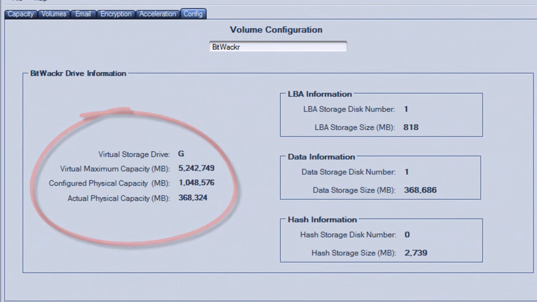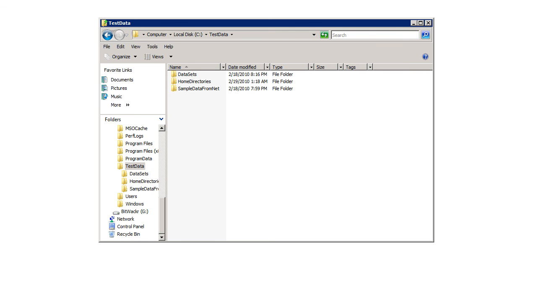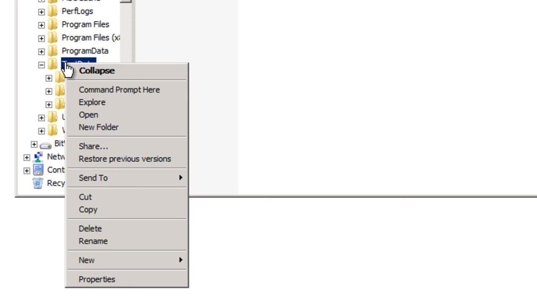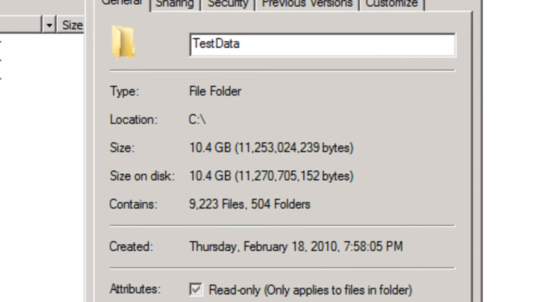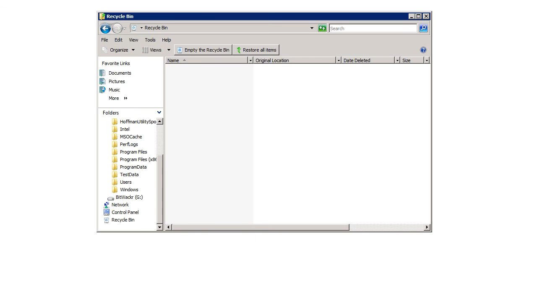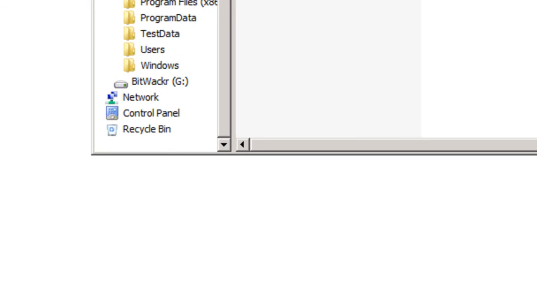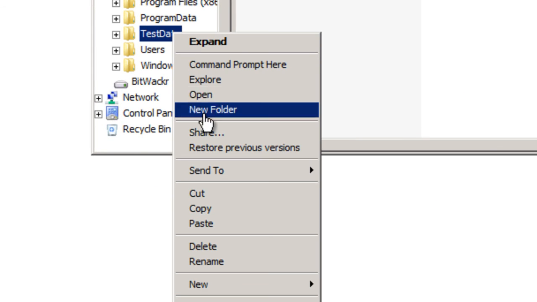Next, to demonstrate BitWackr performance and data integrity, I'm going to copy a test data folder from the server's C drive to the BitWackr virtual drive. Our test data folder contains about 10 gigabytes of data in several thousand files that are made up of standard Microsoft application data, plus several VMware VMDK images that the BitWackr also does a great job of deduplicating. I'm going to copy and paste the test data folder into the BitWackr volume using simple Windows commands that let me demonstrate the product's intuitive interface. There are no special commands used or needed because the BitWackr simply appears as a standard drive to Windows and